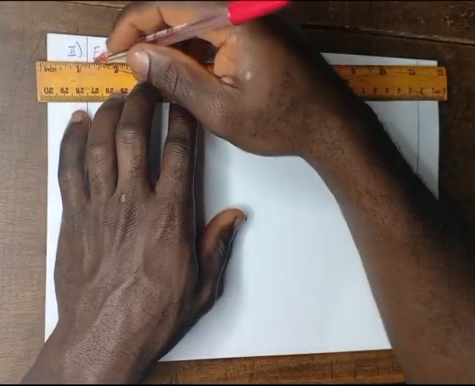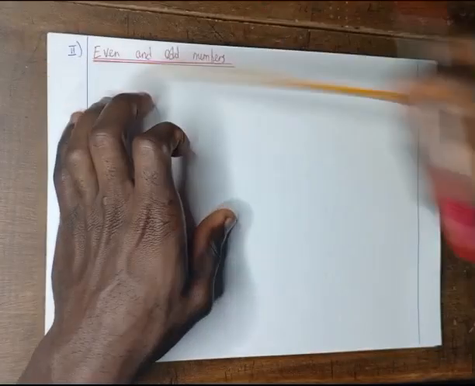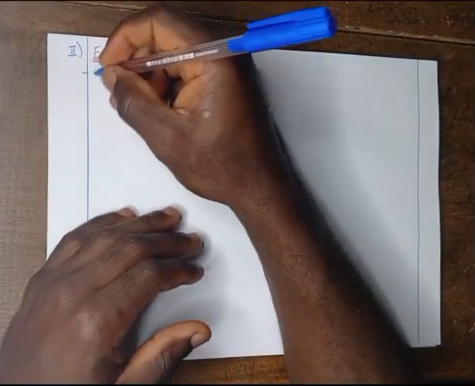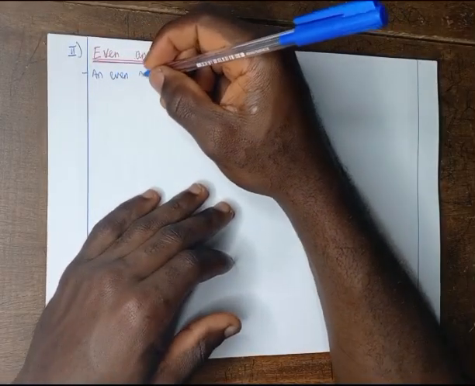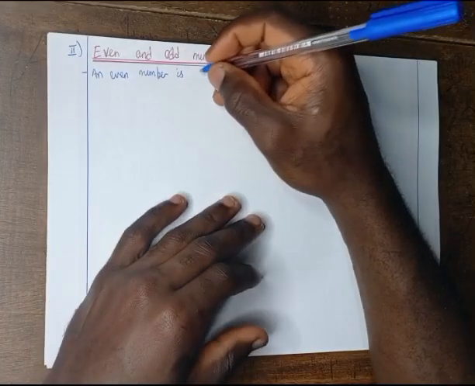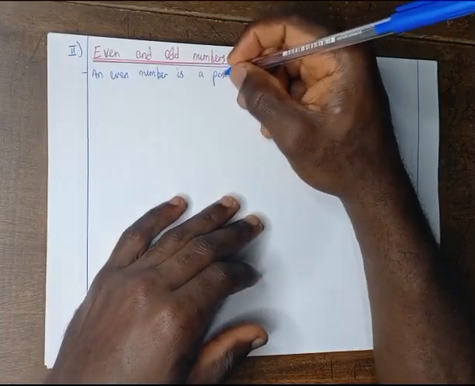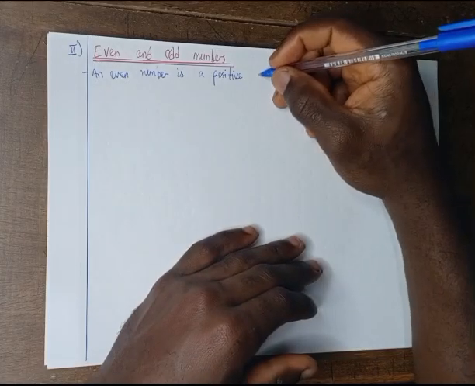We make use of the word even, and we make use of the word odd too. When we talk of an even number, it is a positive integer